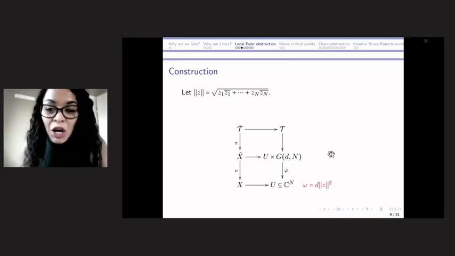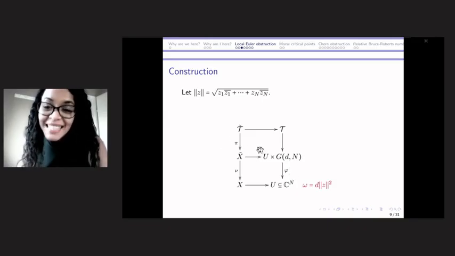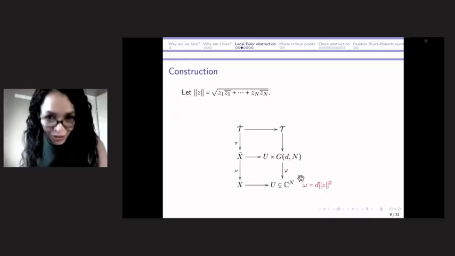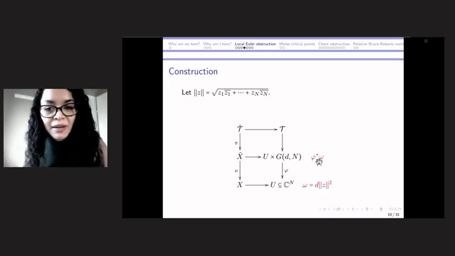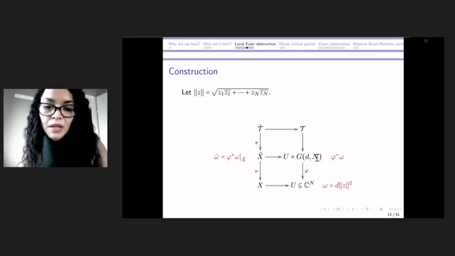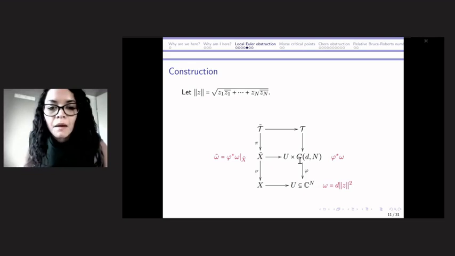But the thing is that we have this one differential form in C^n over here. This phi that I put here is the projection to the first coordinate, all right? It's only p. It's just that I use p here. But this is the projection to the first coordinate. So through this projection, we can consider the pullback of this one differential form over here. And then we restrict this one differential form to the Nash modification, because this is where it is included, right? As sets, at least. All right?